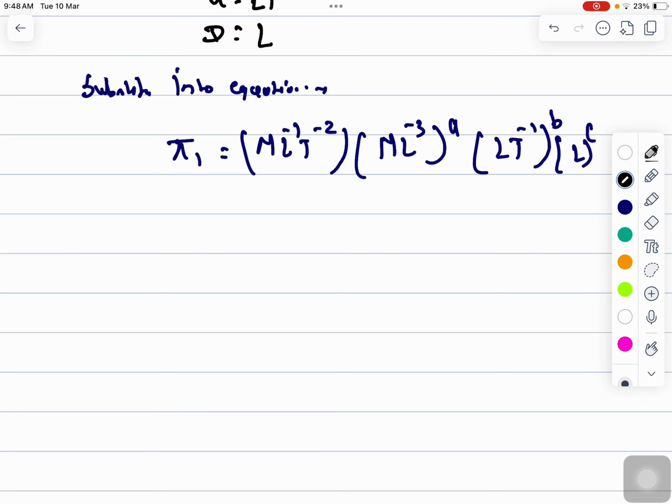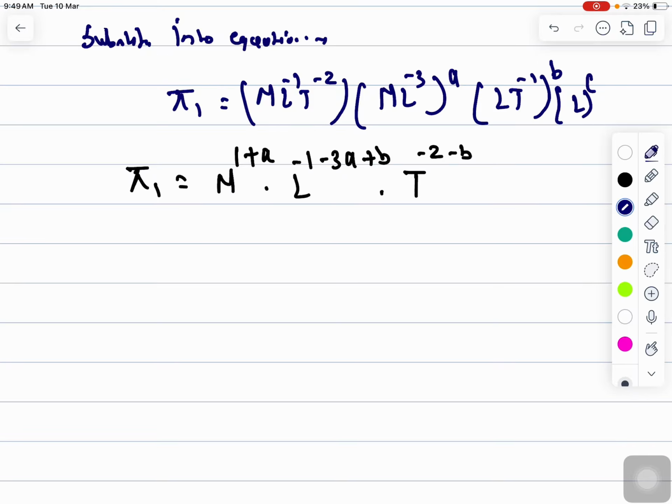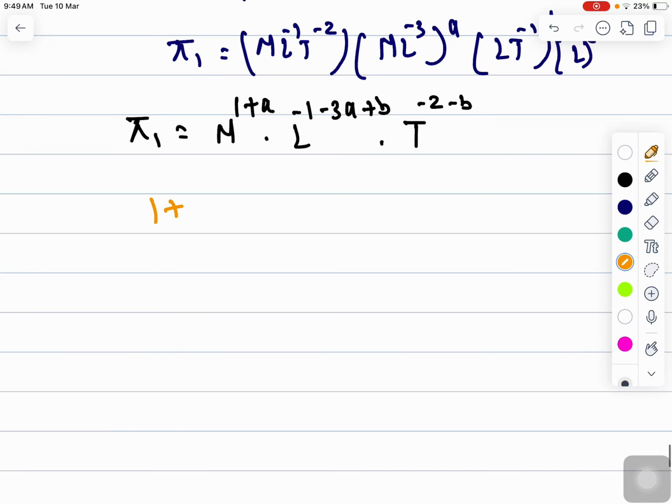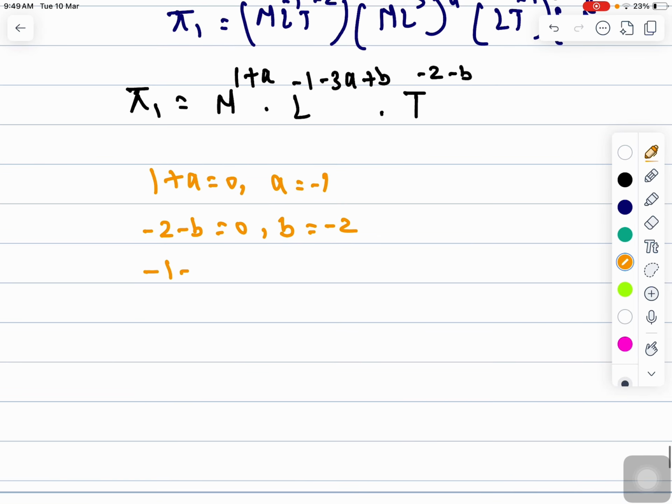So you can also say pi 1 will be equal to M to the power 1 plus a, L to the power minus 1 minus 3a plus b, and T to the power minus 2 minus b, right? So now we have to make the powers on the left hand side and right hand side equal, because this is a physical quantity and I have already told you it should be equal. So from here you will get 1 plus a will be 0, so a will be equal to minus 1, minus 2 minus b will be 0, so b will be equal to minus 2, and minus 1 minus 3a,